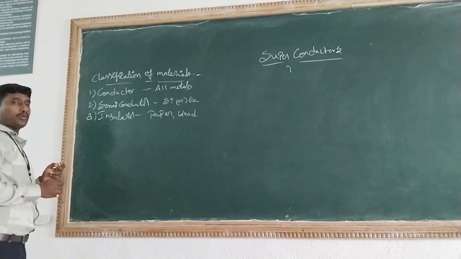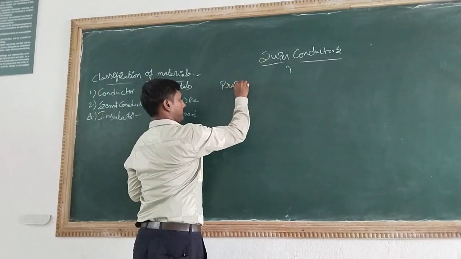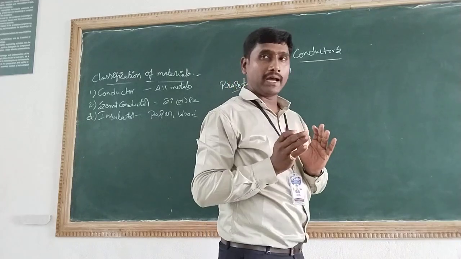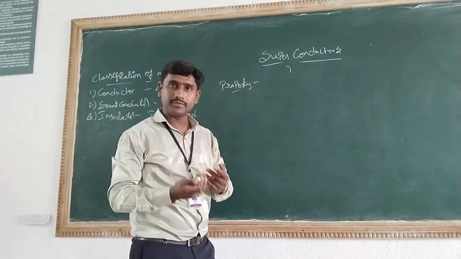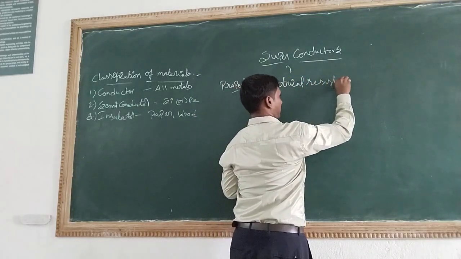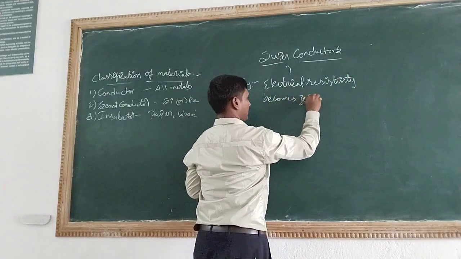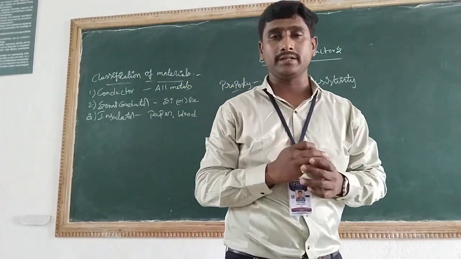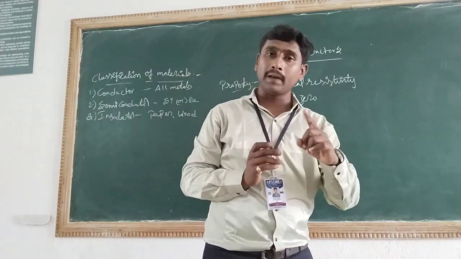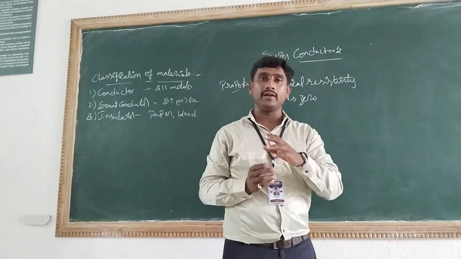If you discuss superconductors, you have to know about the property of superconductivity. The property of superconductivity is nothing but, if the electrical resistivity of any material becomes zero when they are cooled below its critical temperature, those materials are called superconductors and the property is called superconductivity. This superconductivity property was observed by the physicist